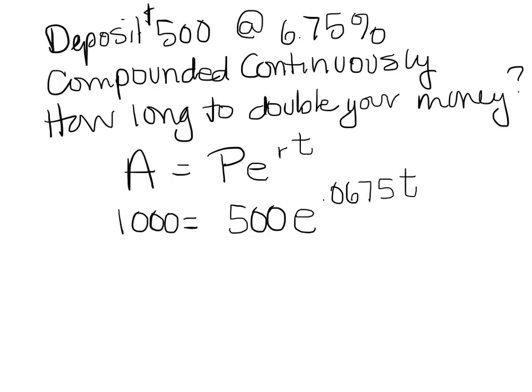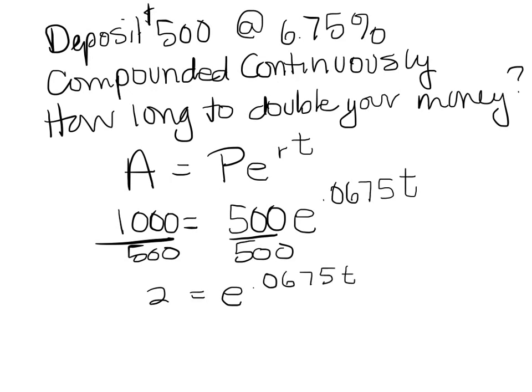Okay, so there we have it. I remembered to move the decimal on my percentage, and I have t, the variable, in the exponent. So I'm going to do just like we've been doing. I'm going to isolate that exponential, divide both sides by 500. And there's my 2 for doubling. 2 is equal to e to the 0.0675 t if and only if